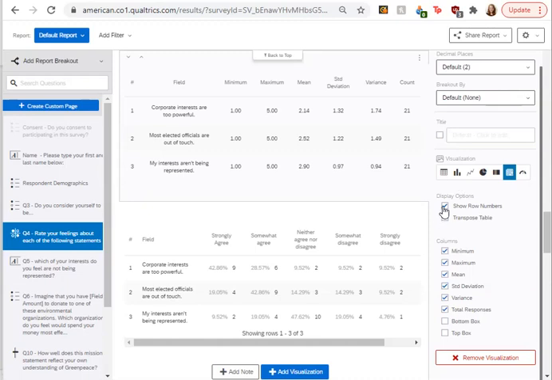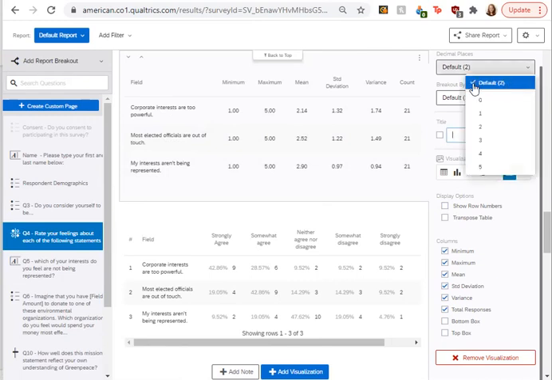So you can also have display options. If you don't want the row numbers shown, you can do that there. So these numbers that just number each statement, if you don't want the rows numbered like that, you can just uncheck that box. Same thing, you can also put a title under each statistics table, just like you could with the charts and the graphs. You can say how many decimal points you want, and you can even break out by any other question or by embedded data too if you want.